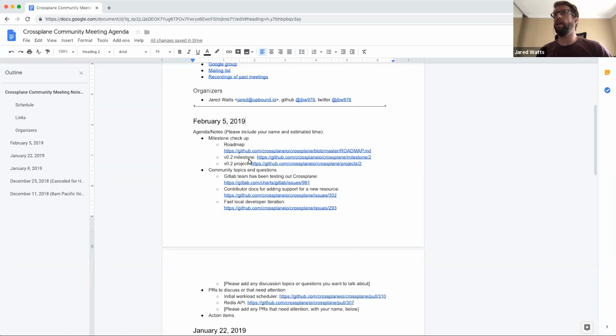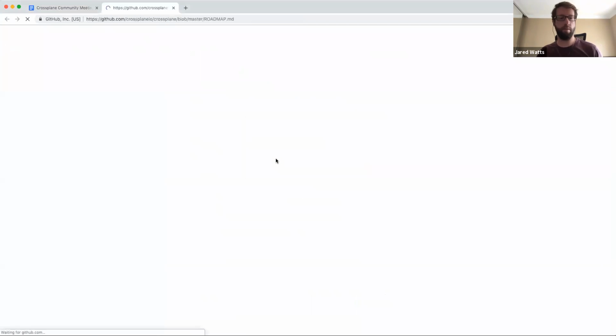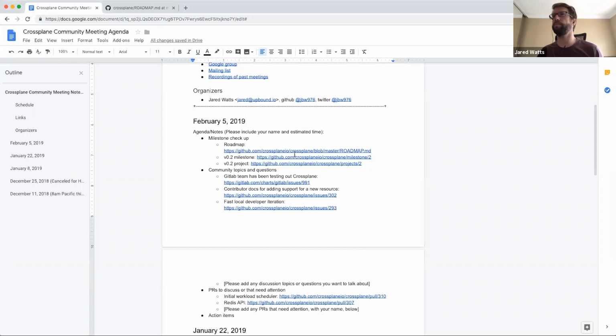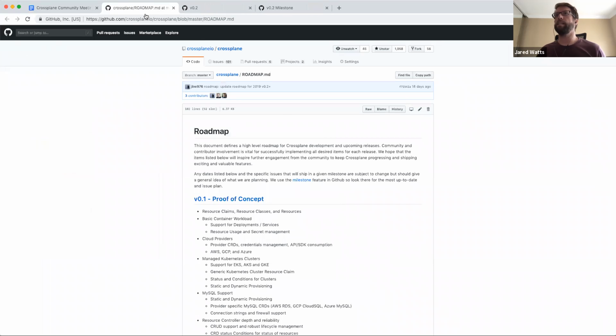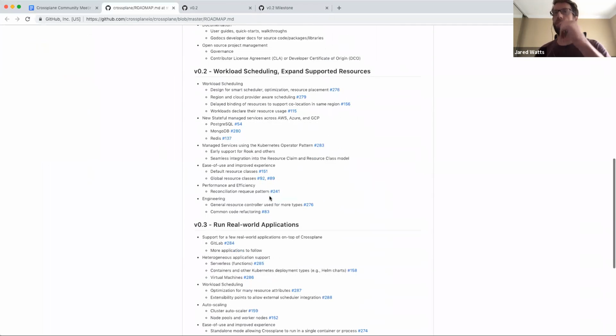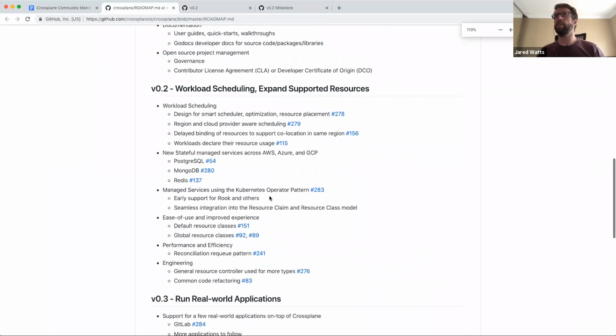So we'll go ahead and get started by taking a look at the latest roadmap and then the 0.2 milestone and project that we are currently in the midst of. So I think since the last meeting, the roadmap hasn't undergone any major changes.